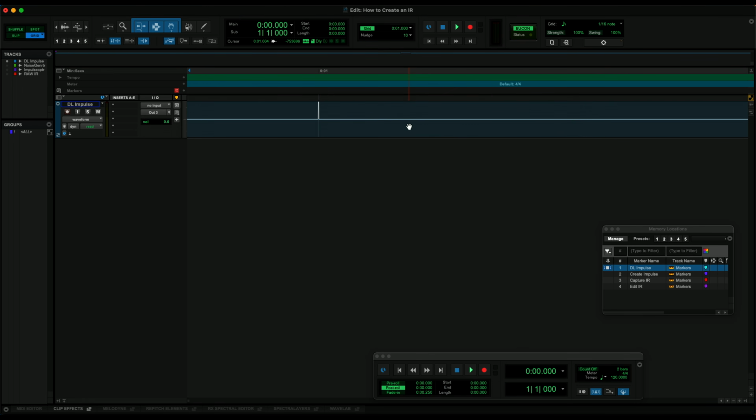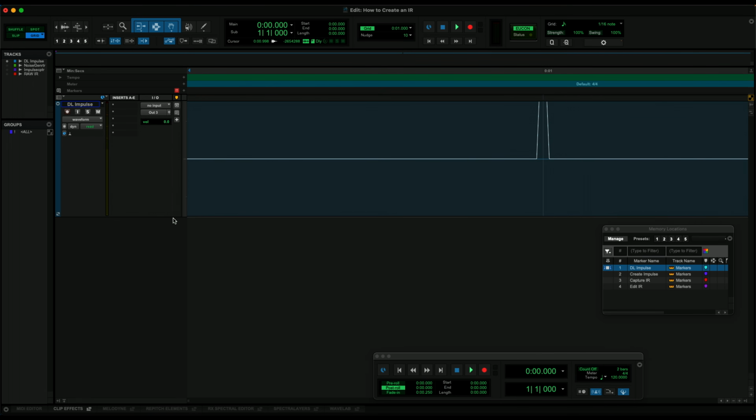Very, very short. You can see that we're zoomed in about as far as we can go in Pro Tools. Maybe one more notch or 2. So that's about as far as we can go in Pro Tools, and we're seeing just a single sample there. Now when I route that out